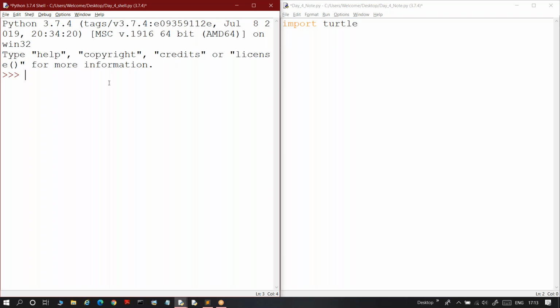Here I am going to import my turtle, that is, import turtle. So if I hit enter, the Python interpreter,